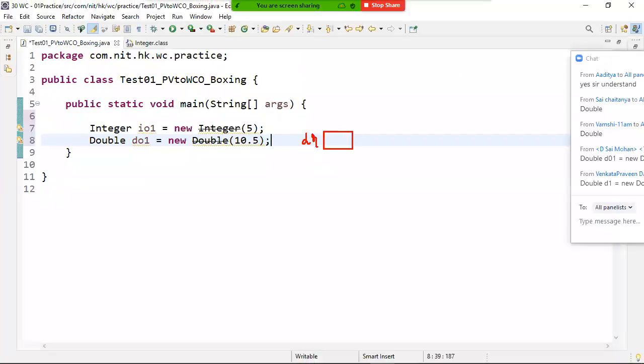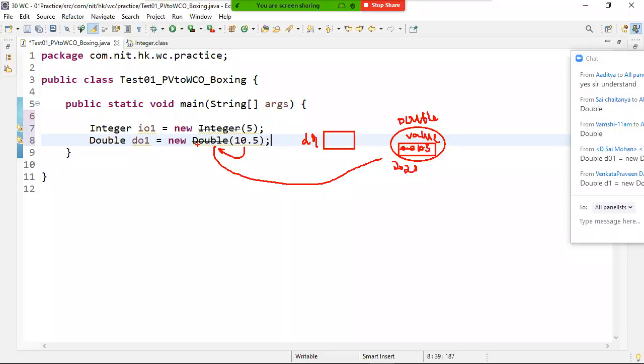The do1 variable is created, equal to the new keyword, which creates a new instance with reference 2020, since 10, 10 is already completed as the first object. The new keyword will go to the Double class. In the Double class also, the same name variable value is available, but the type is double, with the default value 0.0. It is replaced by the constructor taking the value 10.5. The this.value equal to value logic is there, so 0.0 is replaced with 10.5 in the object.